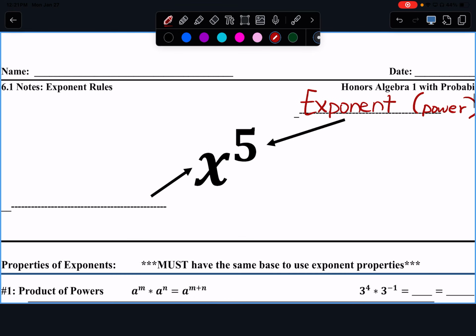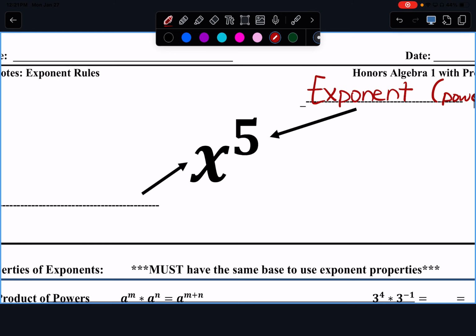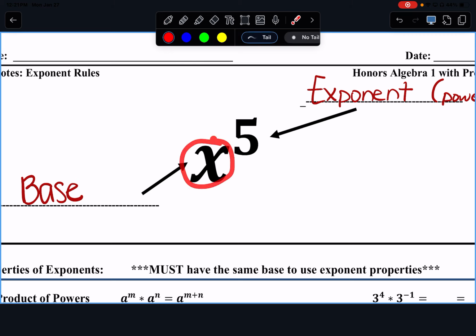Now, whatever is being raised to the power, whatever is at the bottom, it could be an X, it could be a number, it could be a Y, it could be whatever, okay? But the base is the number or variable that is being raised to a power. For a lot of the rules we're looking at, in order to use them, they must have the same base. So when we're trying to combine exponents, we can't do it without having the same